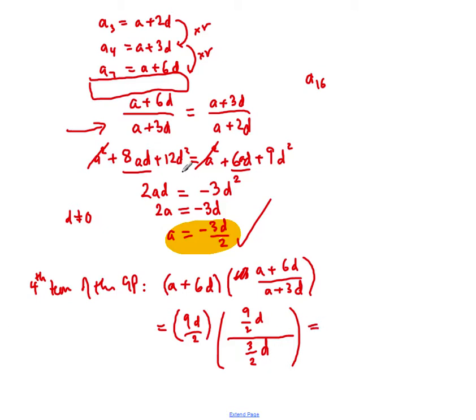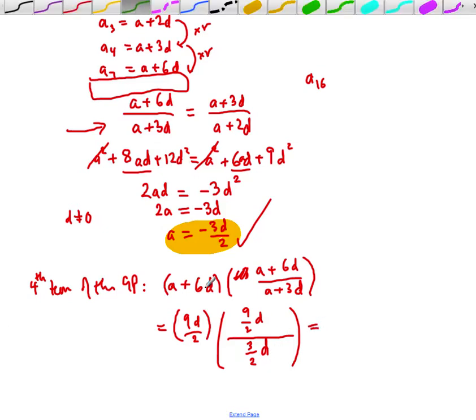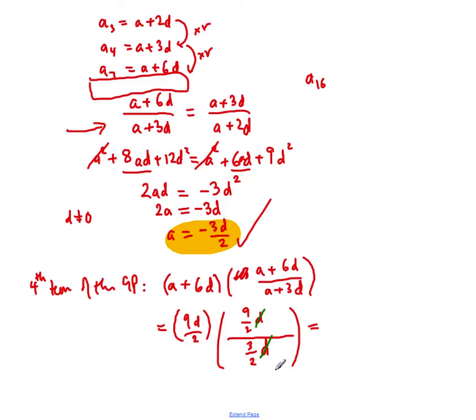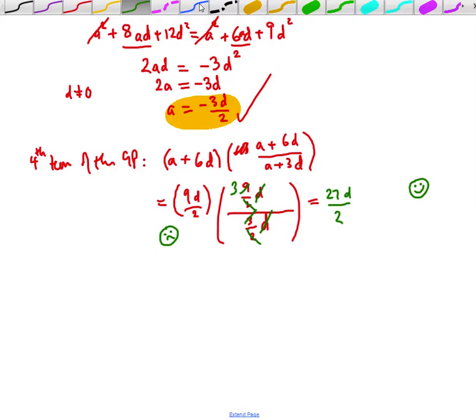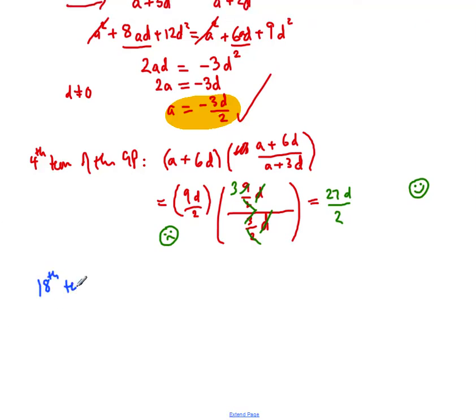And obviously this simplifies in quite a nice way. So these d's go away, the divided by 2 goes away, and then we've got 9 on the top and 3 on the bottom, which is 3. Then we multiply this out, and that gives us 27d over 2. So it looked really horrible at this stage, but actually it turned out to be something quite nice. We've got the fourth term of the GP, and now what we can do is work out the 18th term